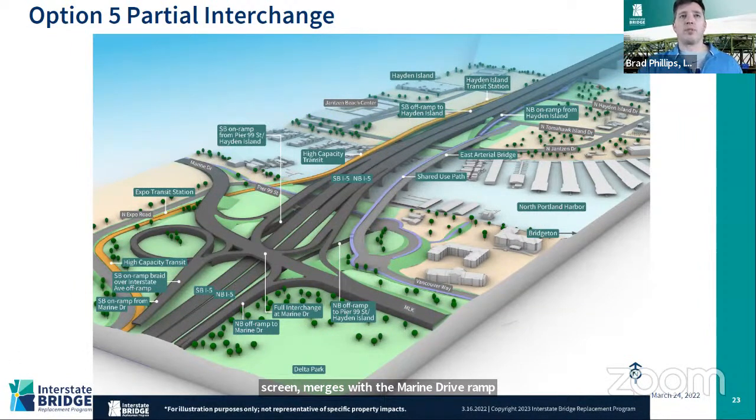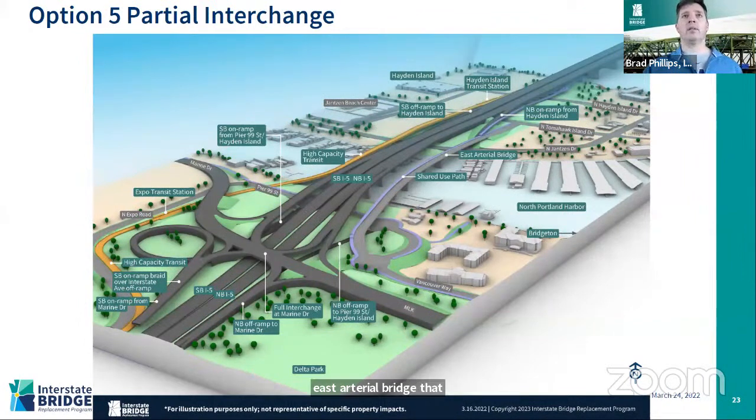This option includes an east arterial bridge, and that east arterial bridge loops around Vancouver Way, kind of on the right side of the screen, down onto Pier 99 Street. So it's that connection between Pier 99 Street and the East Arterial Bridge that makes the connection between Oregon